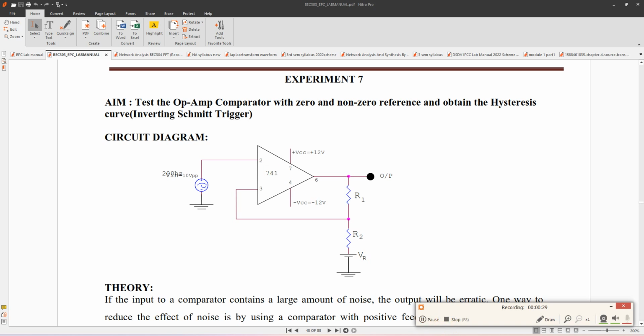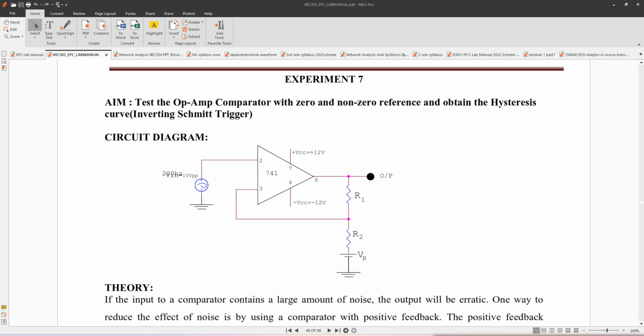So I was explaining here. This is actually a Schmitt trigger. Basically, an Opamp is a comparator which compares the input present at the inverting input terminal and the non-inverting input terminal. So the Opamp has two inputs, one minus and another plus. Minus is the inverting input terminal, and plus is the non-inverting. And in this Schmitt trigger, this sinusoidal input that you have given here, that sinusoidal voltage is compared with the reference